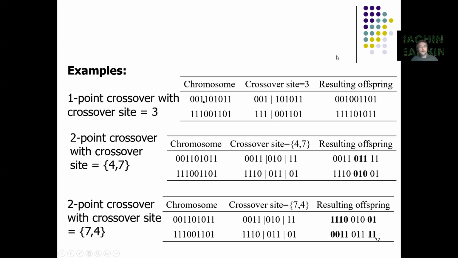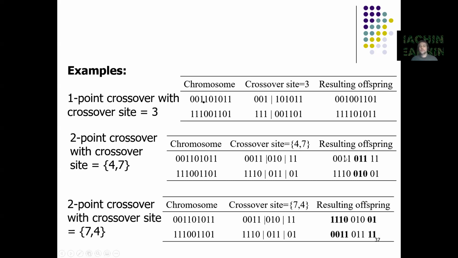Some more examples: 1-point crossover with crossover site 3, and you can see how they mix. The first 3 bits, let's take the first offspring. The first 3 bits come from the first parent, and the rest of the bits come from the second parent. And 2-point crossover with crossover site 4 and 7, cut after the 4th and 7th bit, and then the first